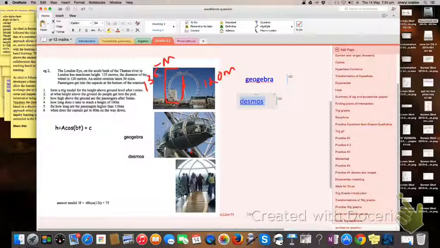So this entire rotation that takes 30 minutes, that's basically telling us what the period is. So immediately we know what the period is. That's 30 minutes. And we have this diameter of the wheel and the actual height. Now I want to take a look at what that actually means in relation to